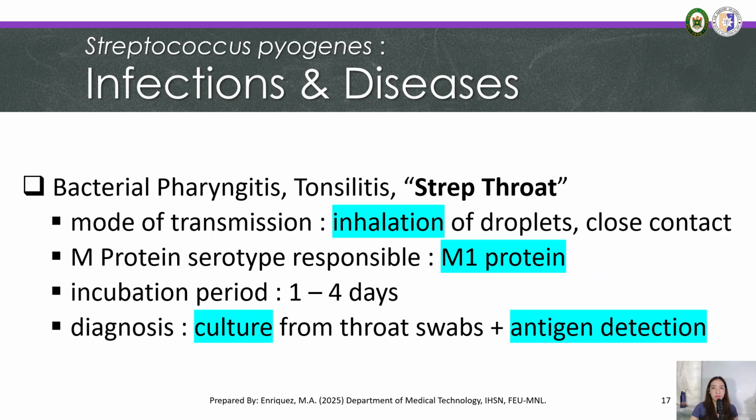So after an incubation period of 1 to 4 days, an abrupt onset of illness would proceed. So this would include sore throat, malaise, fever, and a headache. The tonsils and pharynx are inflamed and the cervical lymph nodes are swollen and tender. Okay? So upon physical examination with the doctor, possible po na makakapa ng doctor yung lymph nodes nung pasyente dahil sa pamamaga. Alright? Minsan po, there may also be symptoms beyond the respiratory tract such as nausea, vomiting, and abdominal